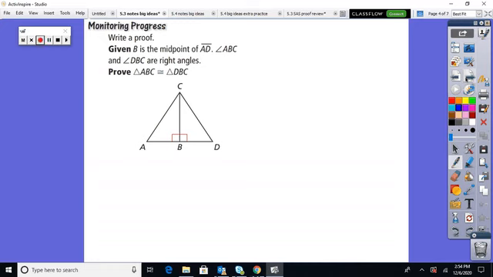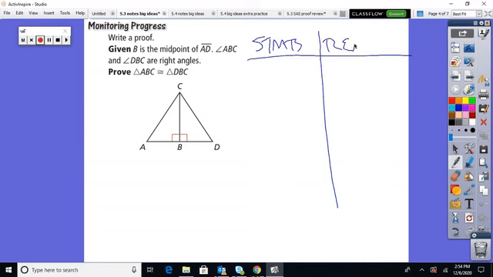All right, back again. So we know we're going to need our two columns, our statements, and our reasons. The first step is always the given information. So all that stuff goes there. Okay, now we have to interpret some of these things here, because when they say B is the midpoint of AD, let's take a look at that first. B is the midpoint of AD. So AD is down here, B is the middle. So that tells us that AB